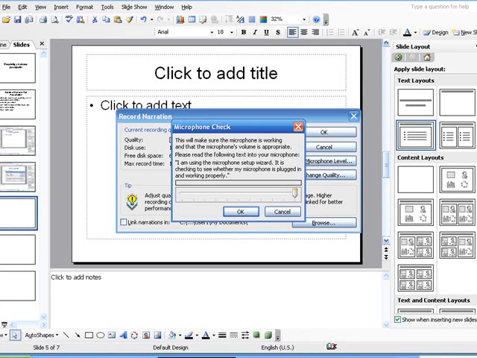Hit OK here, hit OK on the other window, and then your presentation will start, and it'll go to full screen, just like it would be displaying if you had hooked up to a projector and you were doing it live. So it'll go to your title slide, your first slide, and then you can say, welcome to the presentation for blah blah blah. I am, whatever introduction you want to have. Hit the space bar, it'll go to the next slide, and you just keep talking, keep hitting the space bar to advance from point to point or from slide to slide. And just keep talking at the computer, and then when you're done, you hit escape,